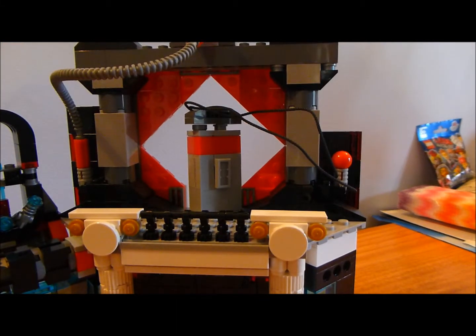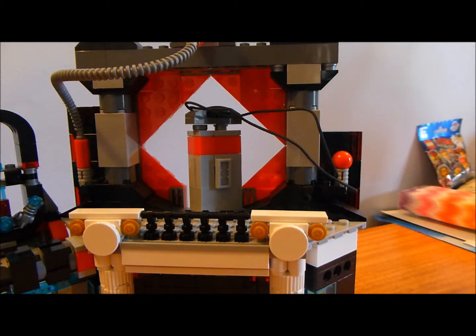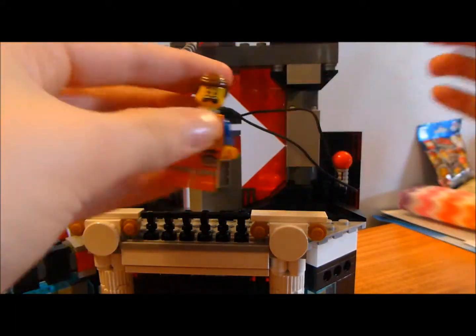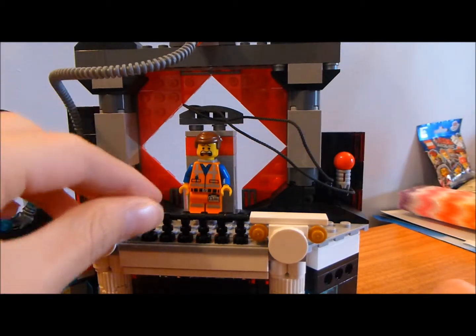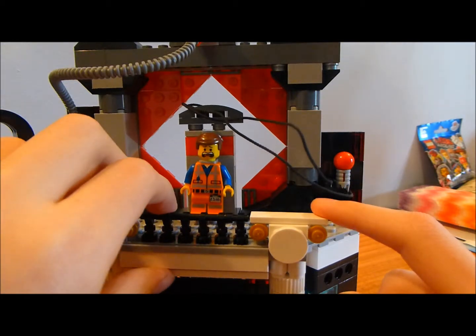And then below it, you can see this thing. This is where Lord Business should be able to fit, but he isn't able to. But this is the battery right here that Emmett is attached to in the movie. The weird thing about this, though, is that Lord Business really can't fit anywhere. So you can see this. The string just wraps around that. But if you pull this thing out,